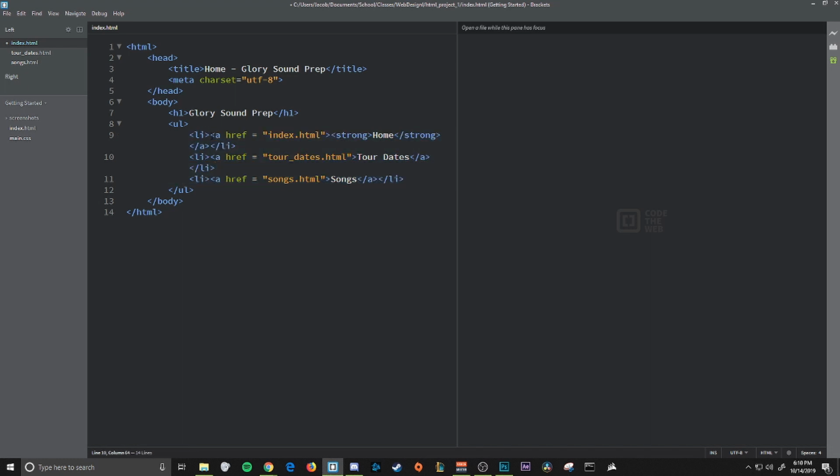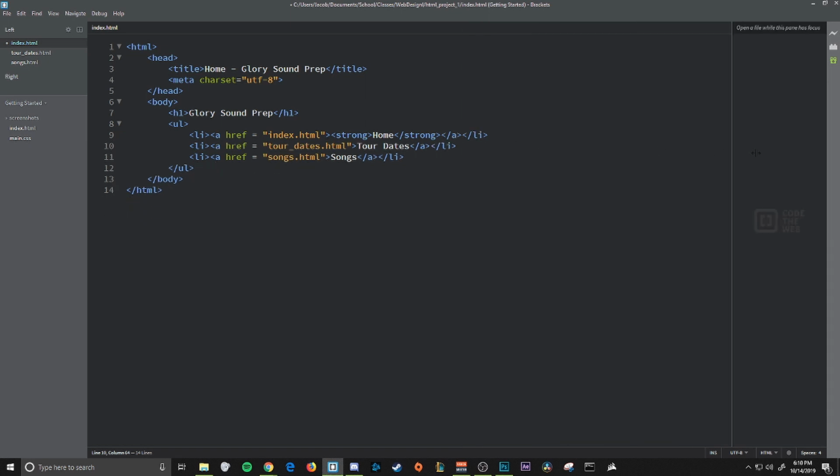Put the A href around the word in each list item and linked it to all pages regardless of what page I'm on. You can also add a title to add a description